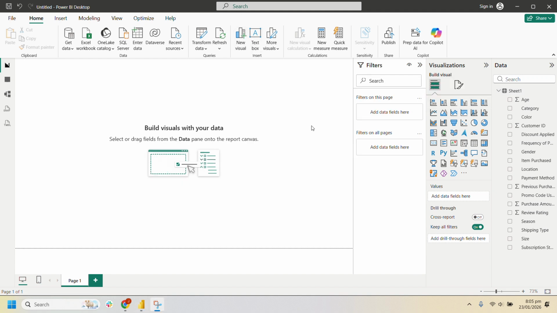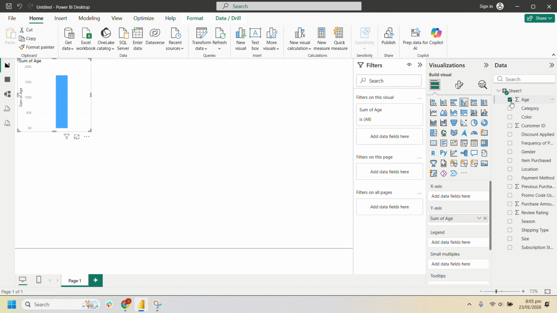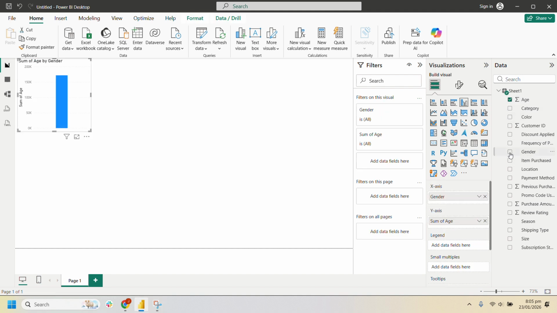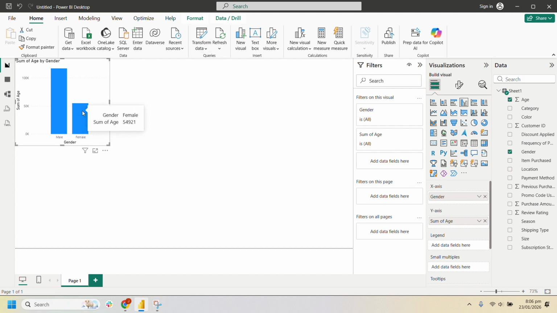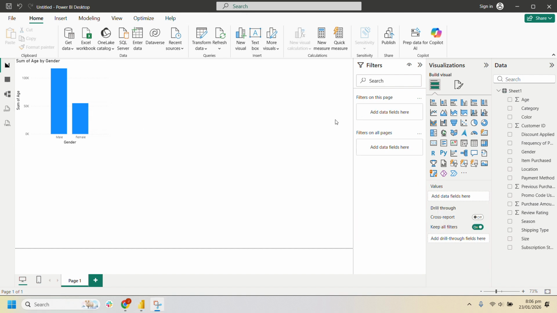So firstly, I will compare the age and gender purchasing power. This shows that males have higher purchasing capacity than females. I will simply show the numbers. They are showing the numbers in the segment. So the next step is to